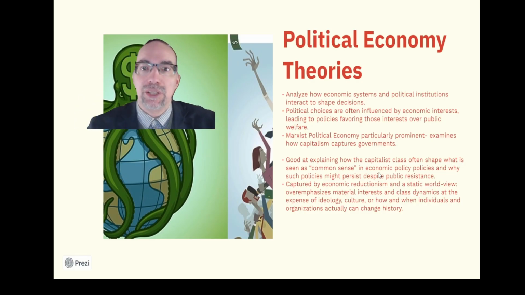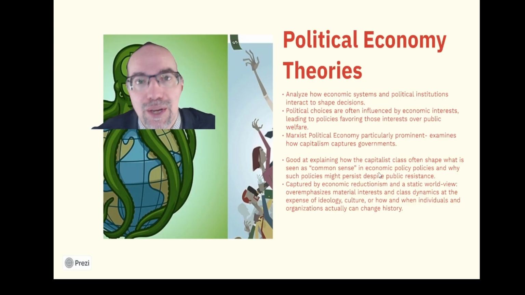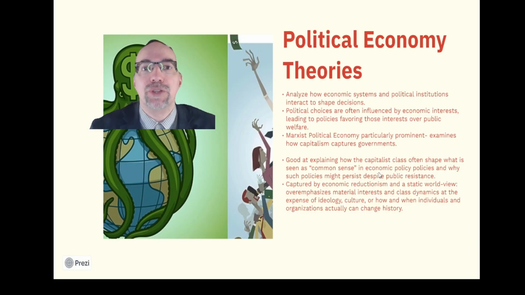One of the most influential strands of political economy is, of course, Marxist theory, where you have the capitalist class versus the worker class, and the struggle between these two drives history, basically. It sees the economic structures of capitalism and the struggle between classes as driving political outcomes. From this perspective, policies often reflect the interests of the economically dominant, so the capitalist class, rather than a neutral public good. Another strand, liberal political economy, argues that free markets, trade, and limited government intervention create prosperity, so it tends to justify deregulation and globalization as common sense.